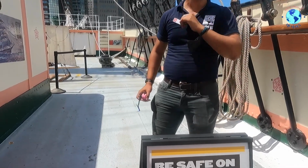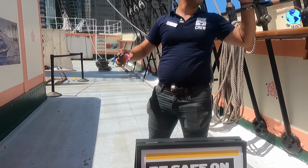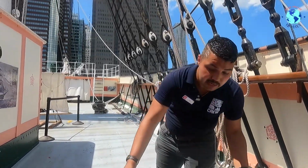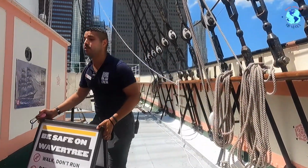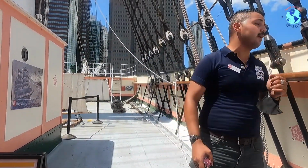Lastly, and most importantly, we're only going to be visiting open areas of the ship. So if anything is roped off, or if you hear any construction noises, please do not go inside. Now, we have a special event going on from now till 4 p.m. So if you hear any singing, or if you see anybody...